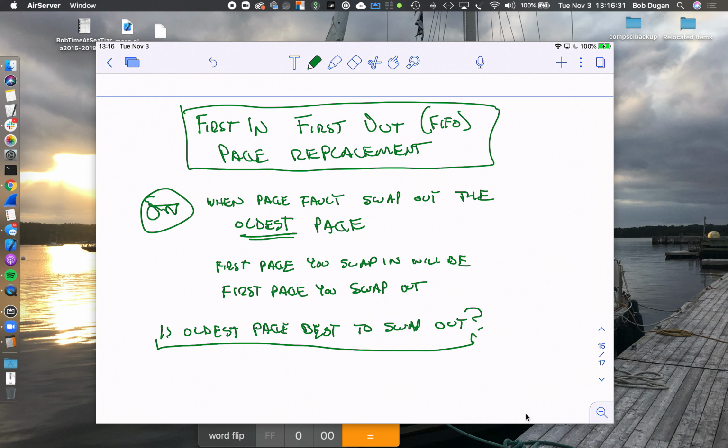So maybe it's not a good idea to get rid of it. The answer here is probably not. Old does not necessarily equal unpopular. You can be old and popular. All right. So if first in, first out is not the best, although it's practical,